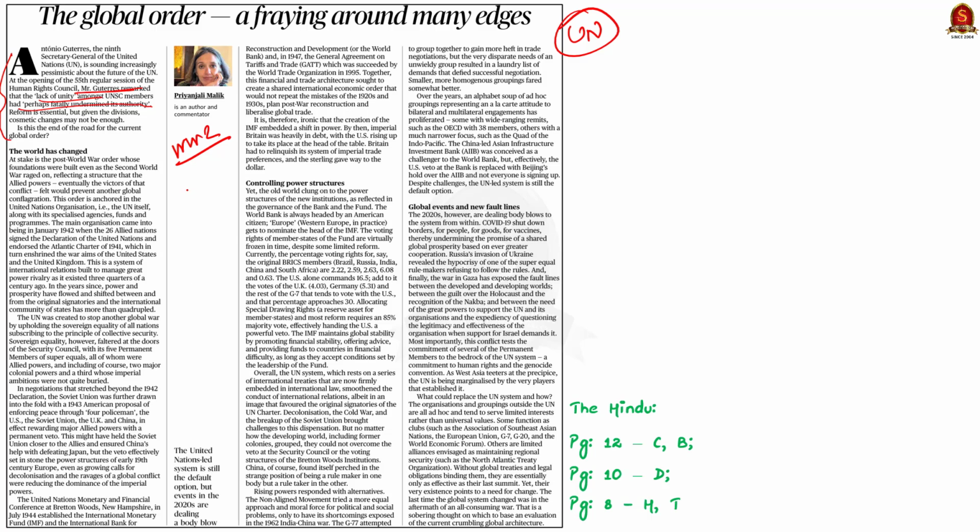structure and authority. See, the United Nations was founded on the principle of sovereign equality, right? But the Security Council's 5 permanent members with their veto power have created an imbalance in the United Nations system. So there was a need to reform the structure of the United Nations. This is the crux of this news article. In this context, let us understand the important points mentioned in the article through our mains answer writing approach.